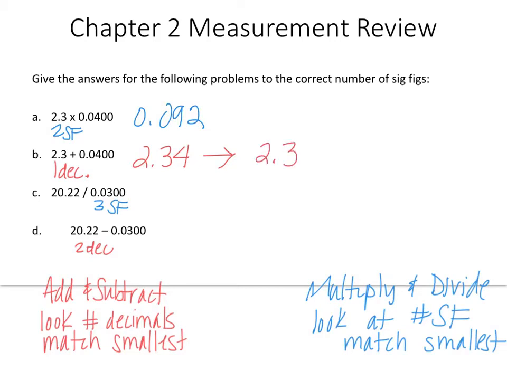my answer would actually just stay 2.3 because that 4 does not round it up. The next one is division. And because this number right here has only 3 significant figures, I would put my answer in 3 significant figures. So that answer would be 674 is the correct way to do that. And then the last one, subtraction, 20.22 minus 0.03. Because my first number right here only has 2 decimals, I'm going to match my answer to be 2 decimals. So that answer would be